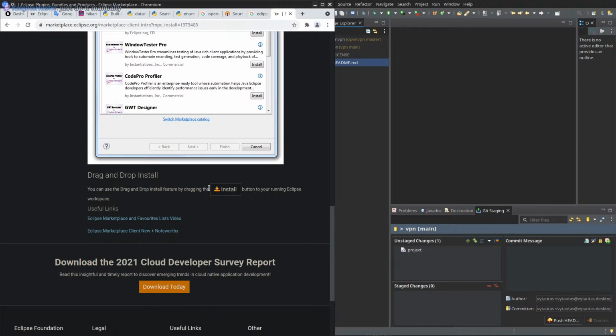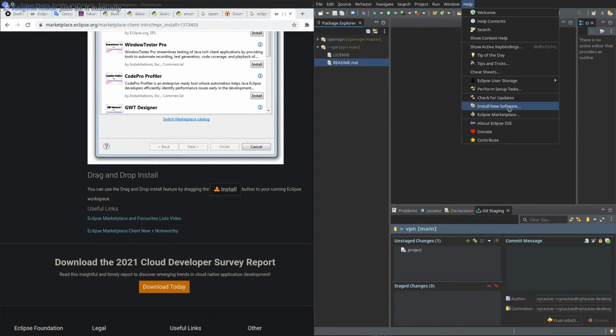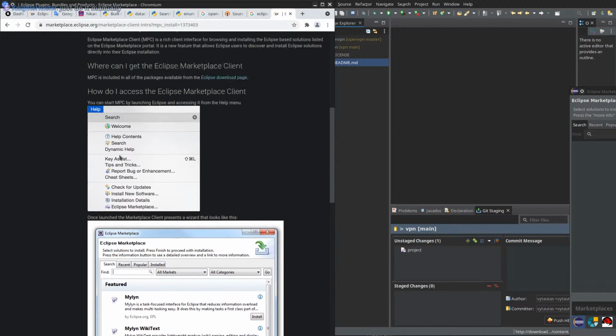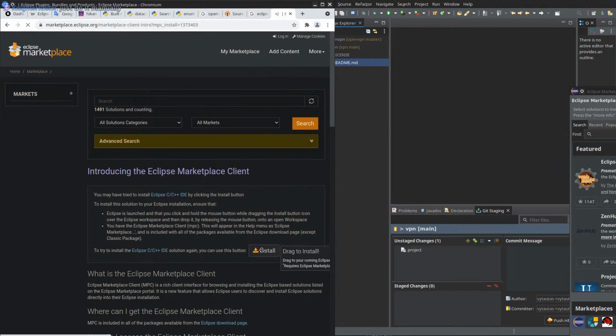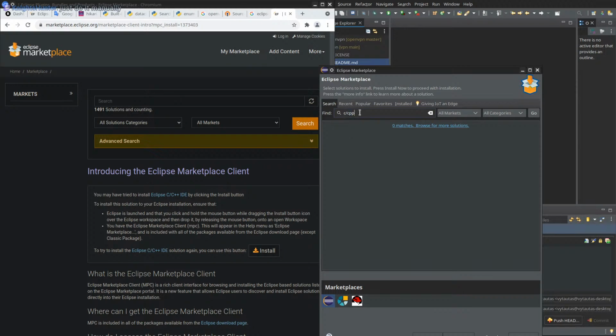Drag and drop install feature by dragging install to a running Eclipse workspace. Okay. Marketplace, yeah. Eclipse C++. So I guess I should just search for C/C++. Like this.